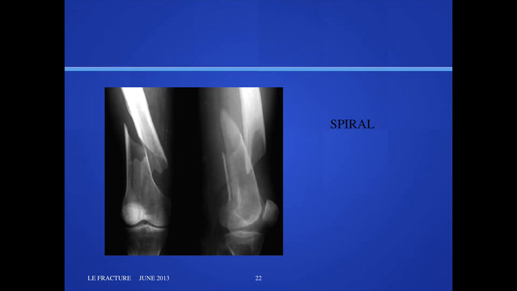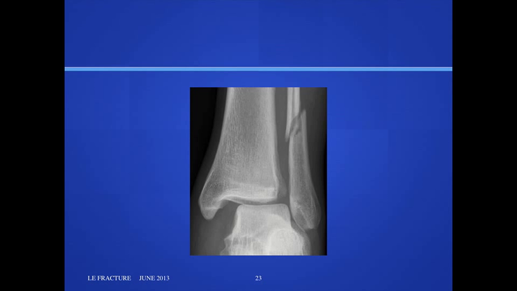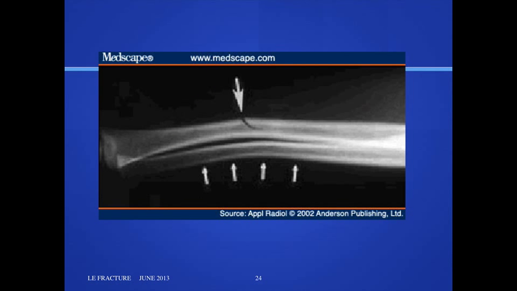Here you can see a spiral fracture through the distal aspect of the femur, and an oblique fracture through the fibula. This was the greenstick fracture we spoke about before, where it's sort of a bending fracture. Again, it often occurs in pediatric patients, where there's a compression on one side and a distraction on the other side